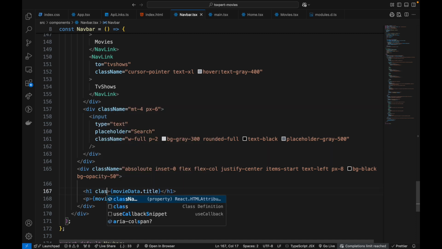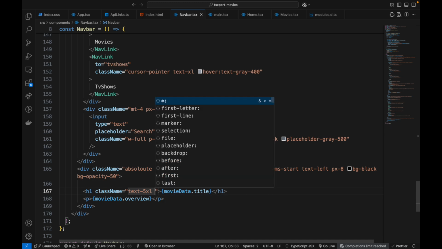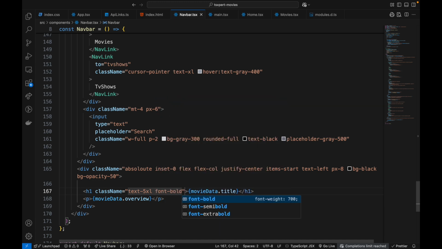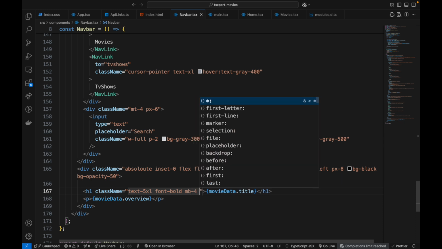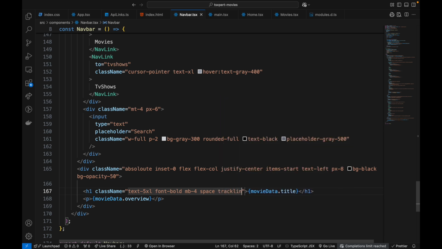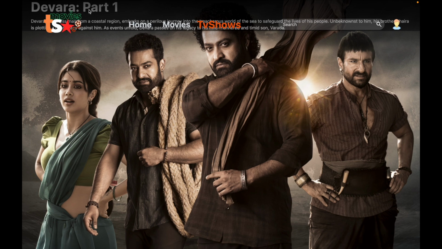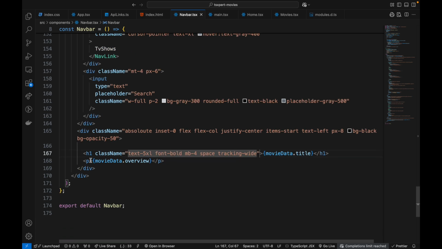So we're gonna give this h1 a class name of text 5xl. So big text, font would be bold, and margin bottom would be 4, and give it space tracking, wider. So that's right, but it's still not where we actually want it. So we're gonna fix that in a minute, but first let's give our overview class name of